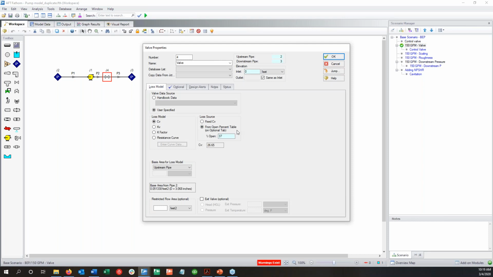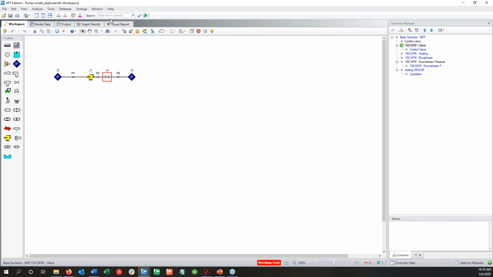So we drop down from 52.5% to 37%. That's not terribly unreasonable. If we're looking at a globe valve, we can see kind of fine control, so it's good that there's a wide range of CV for a pretty small change in open percent. If we give this a run,